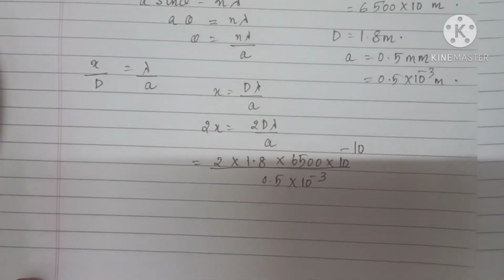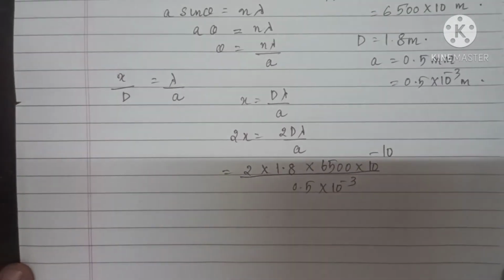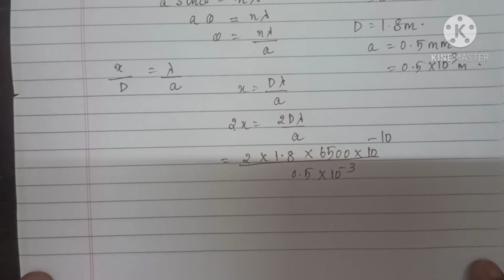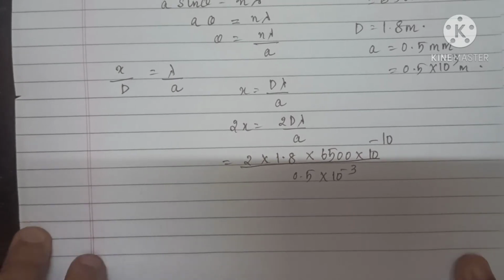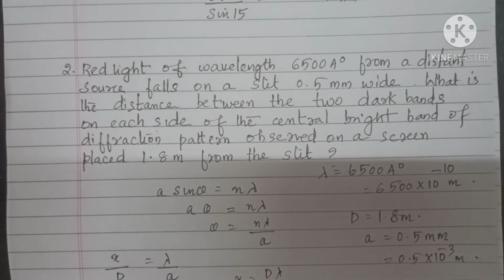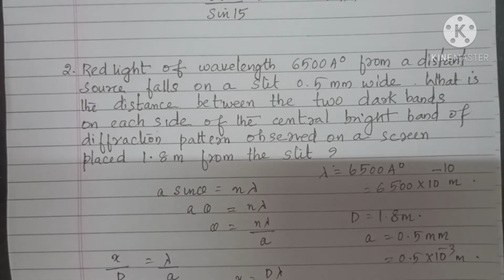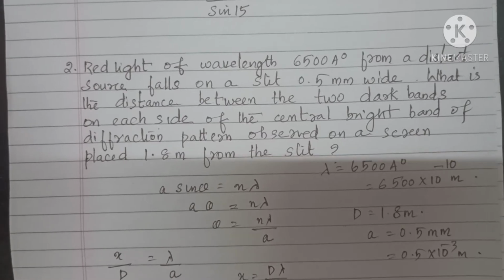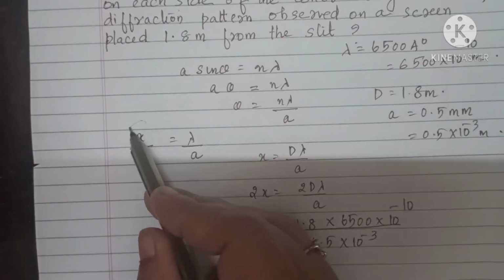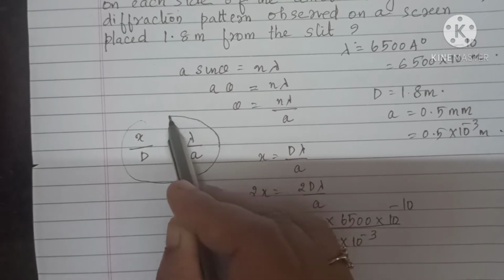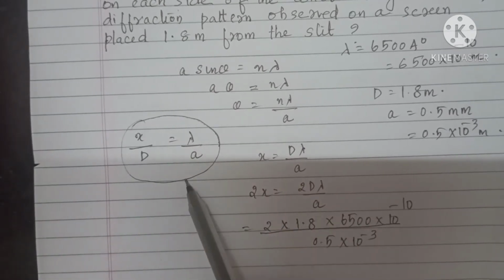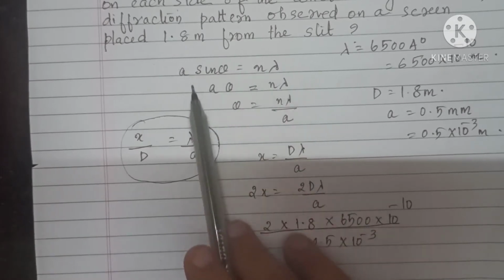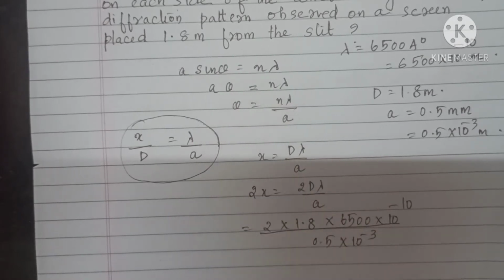So this is your expression, and now you can find the value. Clear? You understood the question? It's direct substitution only. First you have to check the conditions and then substitute the values, because this expression you have already derived while we were discussing the width of the central maximum. So you can directly move to this expression, no need to take this step. This is just for your information, I wrote this step.